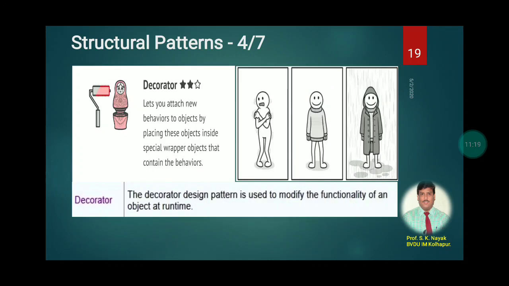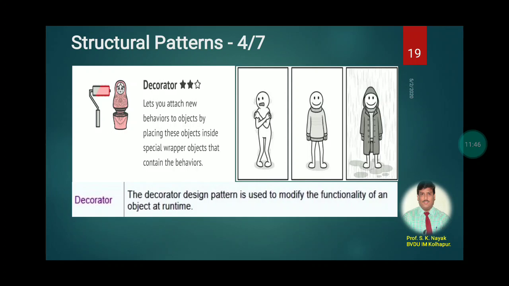Next we have the fourth one, that is the decorator. The decorator design pattern also comes under structural design patterns. Let's attach a new behavior to an object by placing these objects inside special wrapper objects that contain the behavior. You can see the pictures here. We are just adding some functionality, decorating something here.